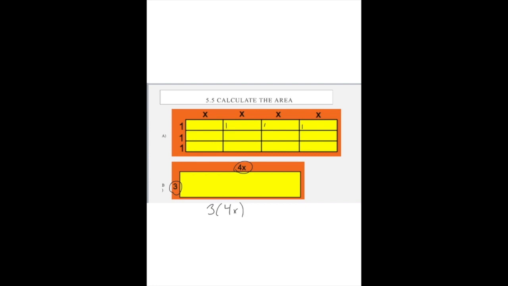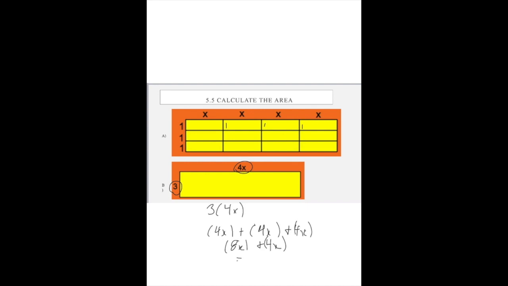So 3 times 4x, then we can't multiply the x against the 3 necessarily, but we have 4x at 3 times. So basically what we're saying is we have 4x plus 4x plus 4x, the same thing that we considered when we were on the first page. So 4x plus 4x plus 4x. This would be 4x plus 4x is 8x plus another 4x